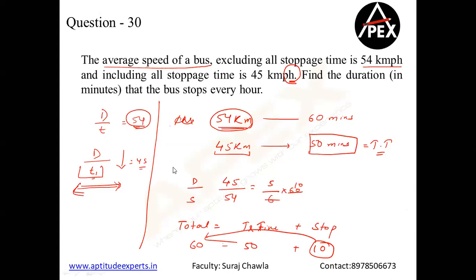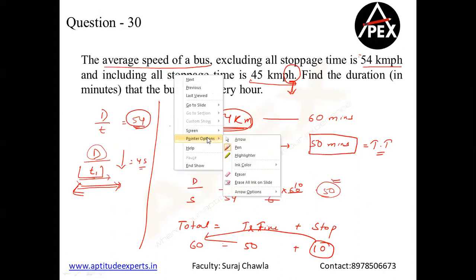So this is the basic method. I repeat, the speed of the bus is not changing, but the average speed of the bus is changing. Now, why is the average speed of the bus changing? Because the bus is taking extra time. Now, what is the rationale behind it? If the denominator is increasing and the numerator remains the same, the value of the fraction goes down. Right? So now the bus is covering 45 kilometers, so the travel time will be at the earlier speed only. So 45 by 54, the bus has taken 50 minutes to travel. But I know now the bus is taking 1 hour for 45 kilometers. So 50 minutes is to travel, therefore 10 minutes will be to stop.